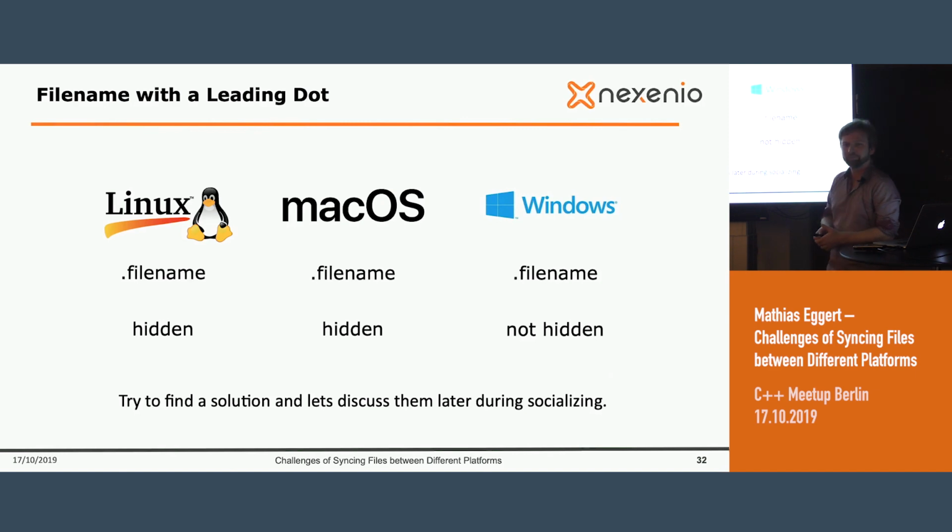Can you put the problem again? What's the problem? The problem is that on Windows you have a non-hidden file .conn, but if you synchronize it on Linux and macOS, it is hidden. It becomes hidden automatically. You have no chance to make it undone. You can unhide. You can unhide.